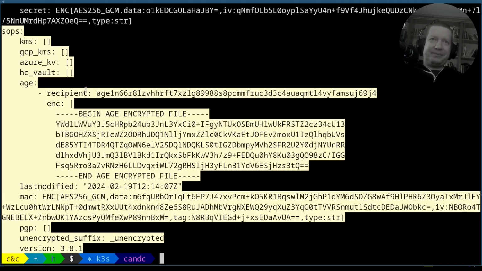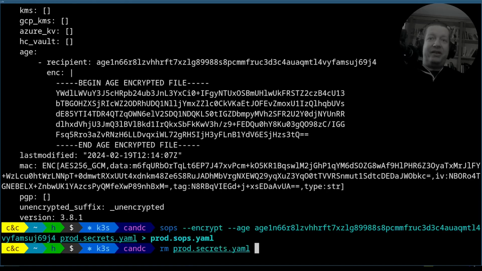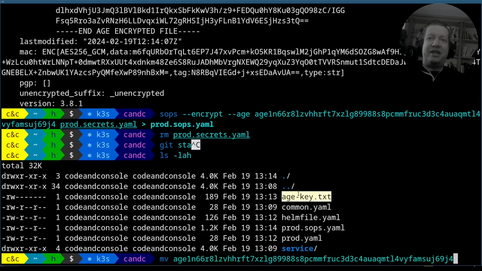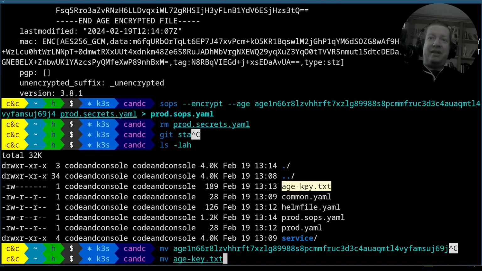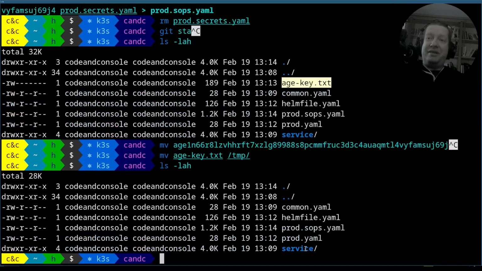How is it really encrypted or decrypted? You can use PGP or GPG or any other encryption method. So let's save it as prod sops.yaml, and I can just delete the original one. So it's much safer to commit this one. Usually this age key is not here, but somewhere else, not in my repository. So now it's safer to commit this repository because I have the encrypted version of the secret